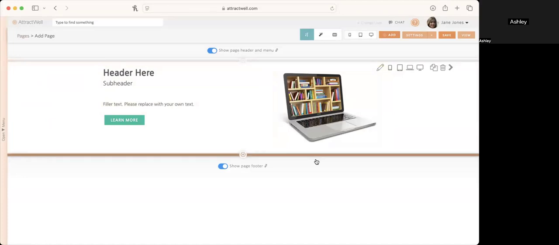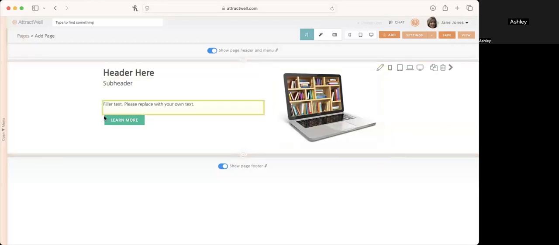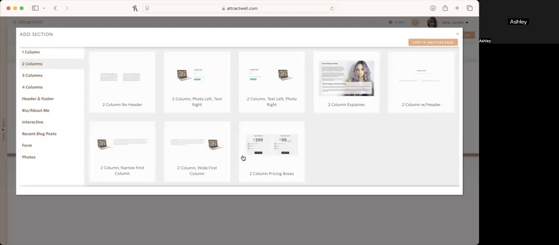That's not the only way to do things. You can certainly do this differently. Perhaps if you've got an image that has a lot going on over here on the right-hand side, you can make that a section background and just have text here. But this is a really simple and easy way to accomplish a nice little above the fold section. Maybe after that, I want to have a header,